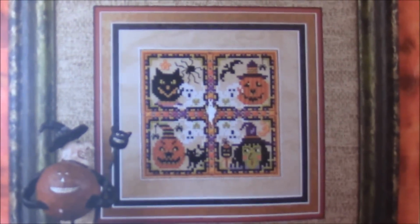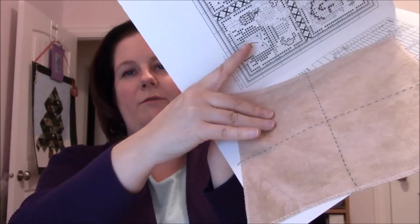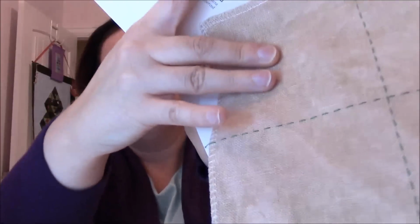I have the Just Nan Frightful. This cute little sampler with its embellishment pack. And at one point in time, I thought I was really going to get after it because I have the fabric all cut out and center line gridded. Usually if I grid, that's all I do is just the center line grid. Okay, so that was all of Just Nan, and then I have a couple of things from Stony